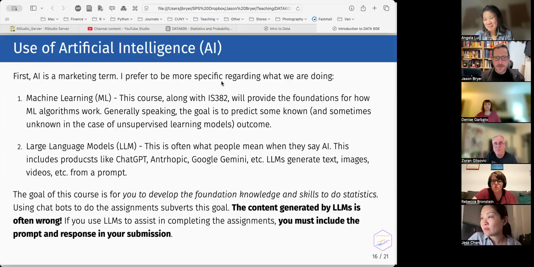I think these could be very useful tools, and Anthropic, I think in particular, is good at R programming. So if you're stuck on R commands, I think it's a great way of helping debug. But I will tell you, in trying to ask it to get me started on some projects, the last